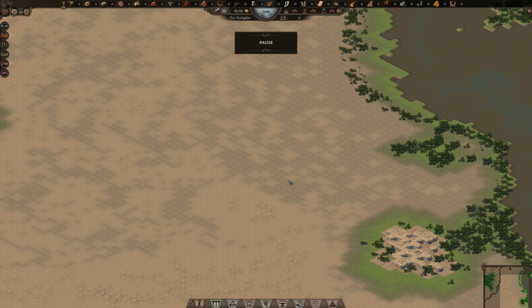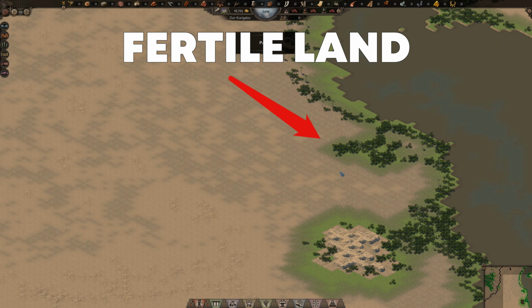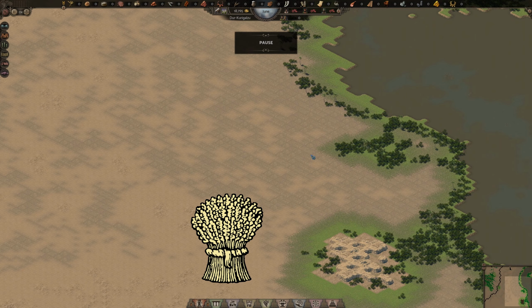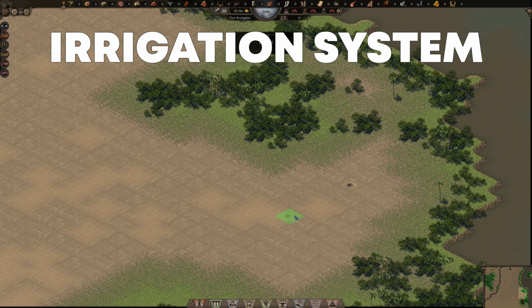Now let's start on a nice empty map. First you need to locate an area with a good amount of fertile land, where you can grow grain and set goats to graze so they will produce milk. If the map does not have a large fertile patch, you will easily create more by setting up a small